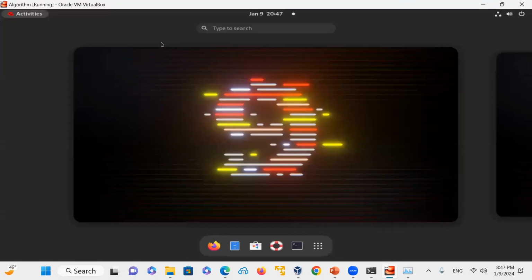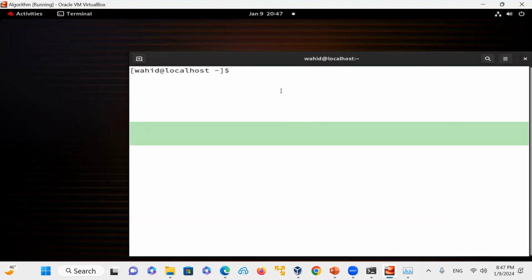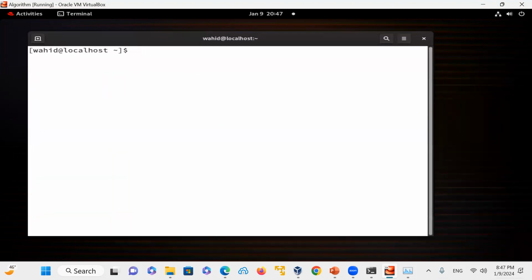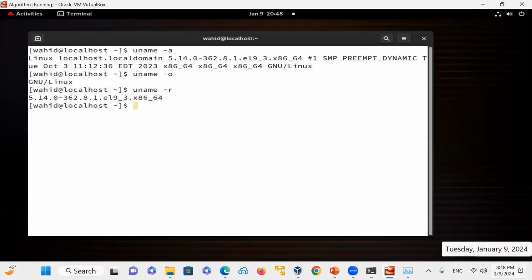And this one you can see is Red Hat 9. And then under activity, I can also click on this terminal, and then I just resize this terminal, make it a little bit bigger, and then here I could type in uname -a or uname -o, which is GNU/Linux, the one that I was telling you earlier,